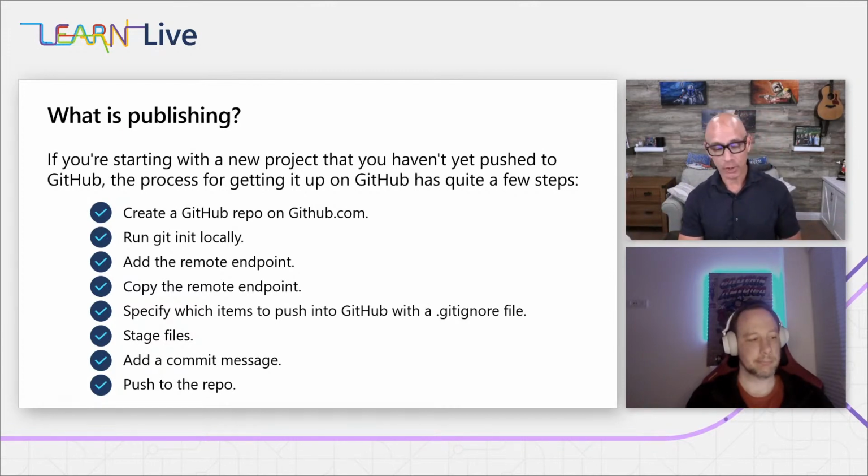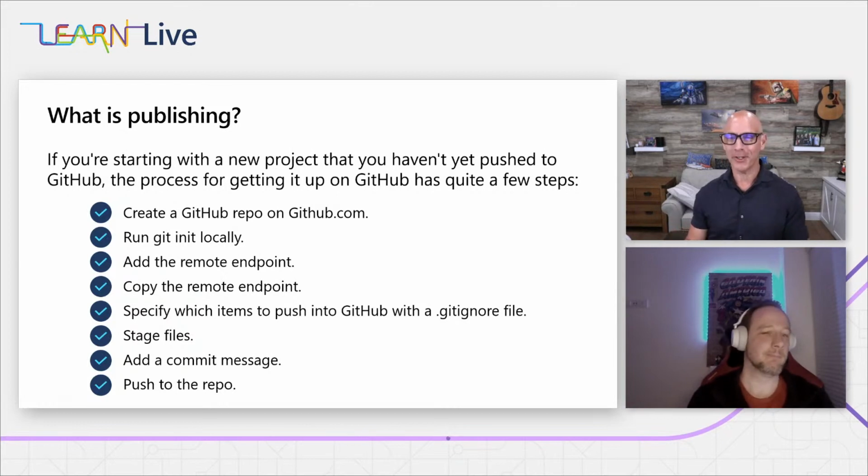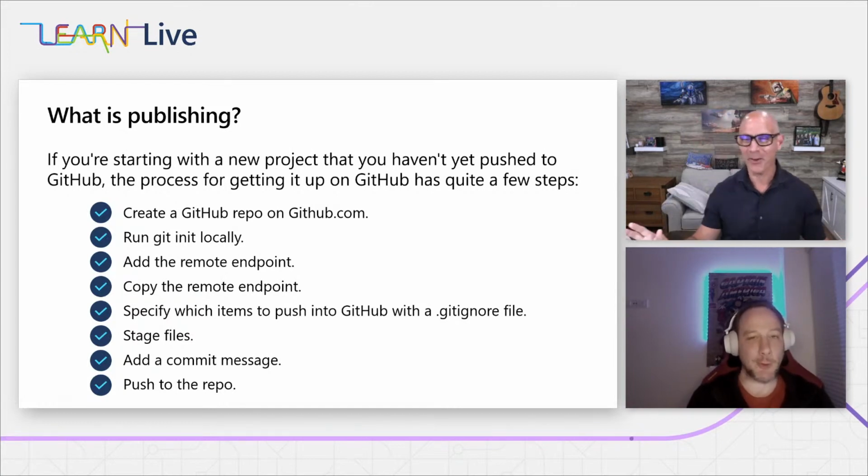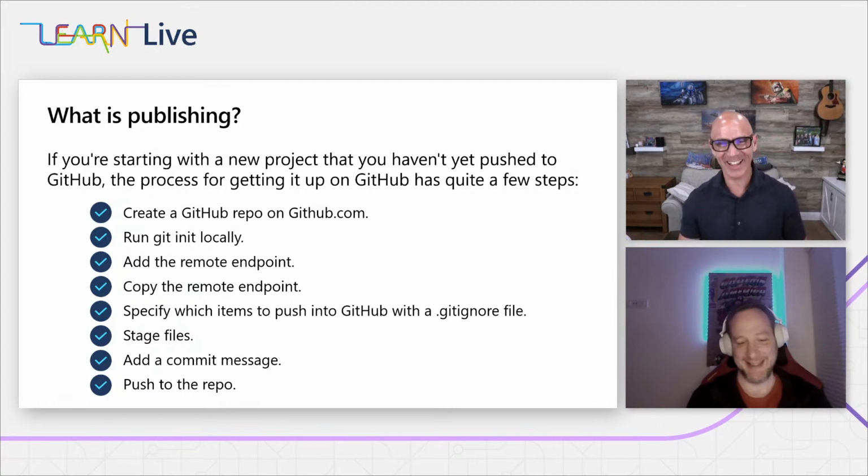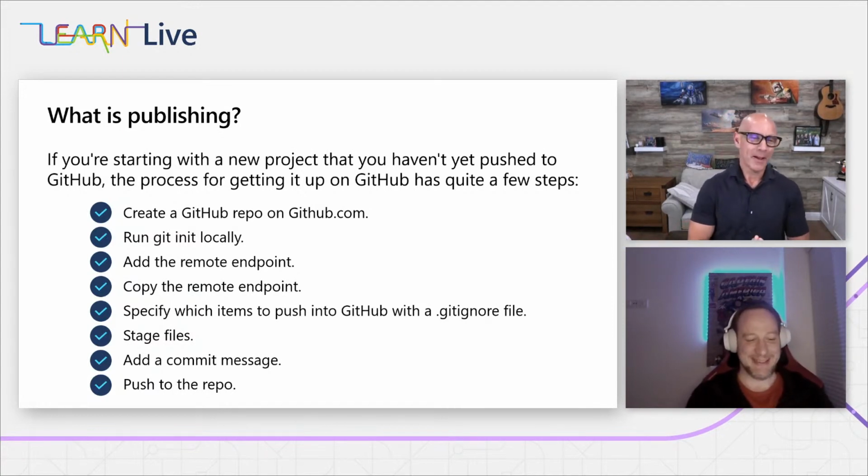If you're like me, you've at least done this once where you have some kind of secrets file locally and you accidentally publish it to a GitHub repo. Well, that's not good, right? Let's not go there. Don't do that. You should know better than that. And then you got to figure out and start Googling, how do I get rid of that off of GitHub? No, don't want to go there.